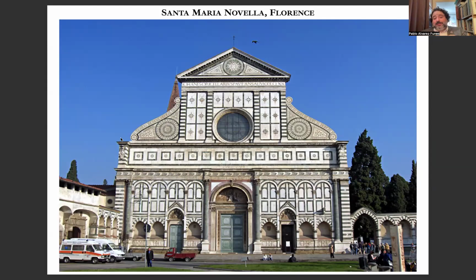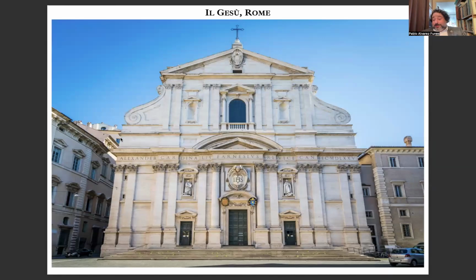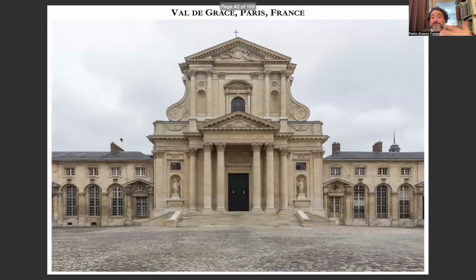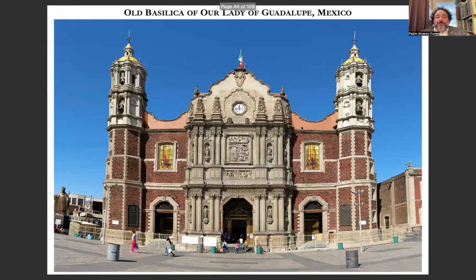So this model that Alberti settles with the scrolls to connect the side naves would be used later on. This is an intermediate element from the late 14th century in Sant'Agostino in Rome, that then would be taken to perfection by El Gesù in Rome, by Vignola. And of course, with the Jesuit expansion, it would be taken everywhere: to France, where we can see very clearly how they adopted this scheme in the Church of Val-de-Grâce, to Spain in a more subtle way. You can see here the use of the scrolls in El Escorial, which we already saw, but also in